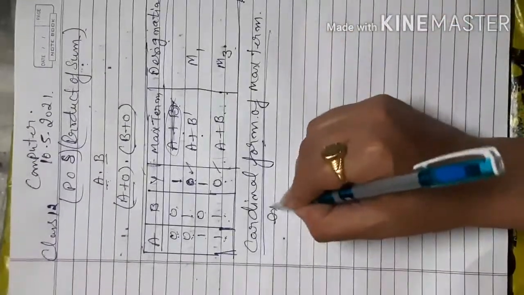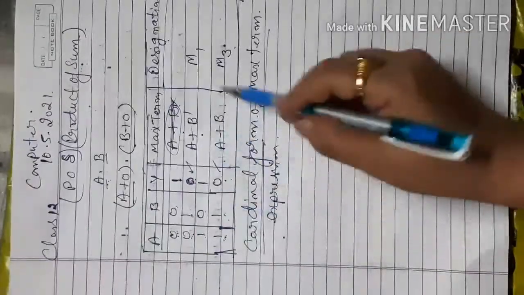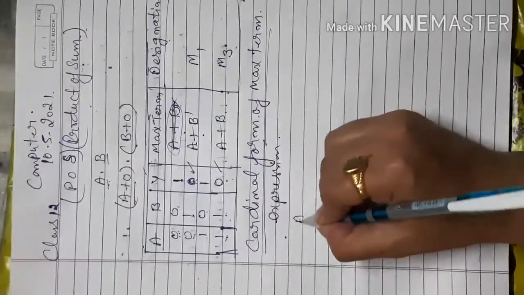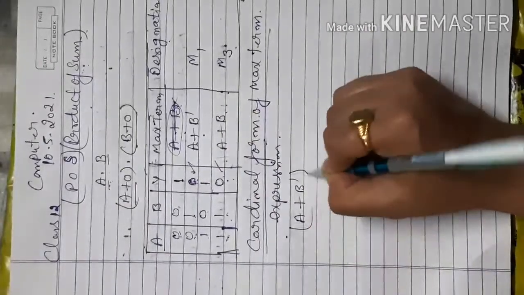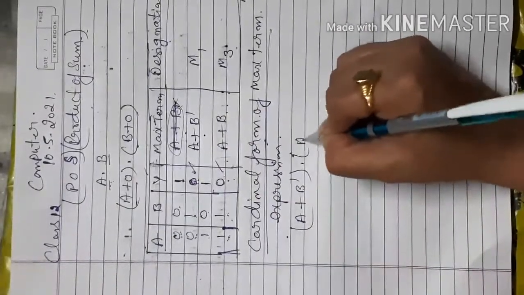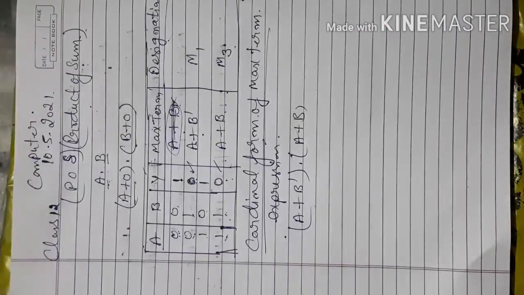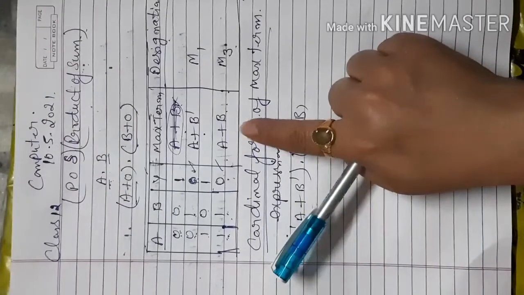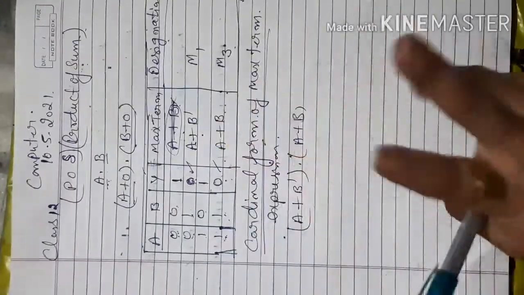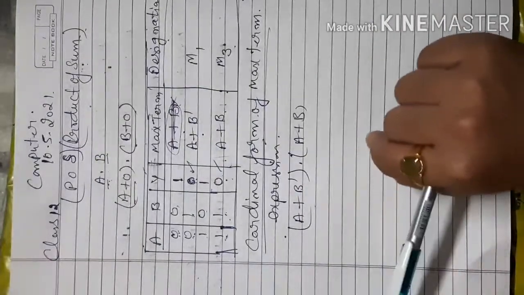According to that, my expression will be a plus b complement multiplied with a plus b, that is the product of sum. Actually you have to multiply here, but in sum of product we add. Here we multiply, that means both are opposite to each other. Okay, but now I have to